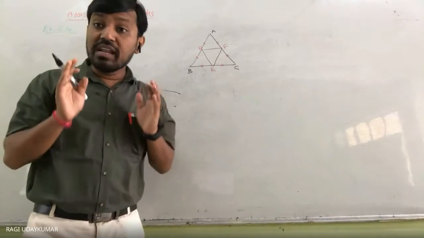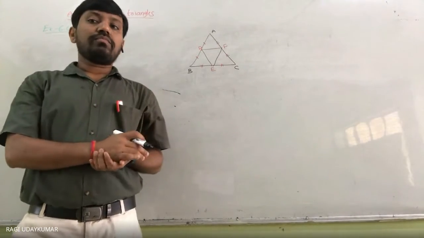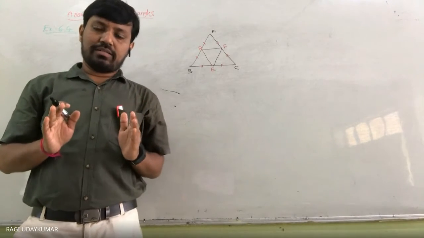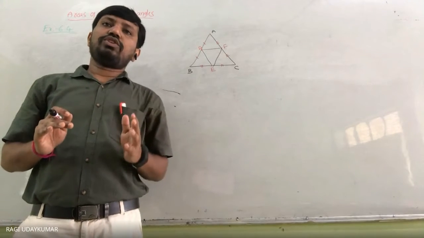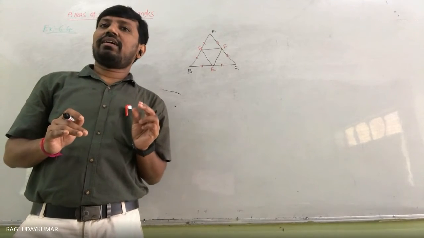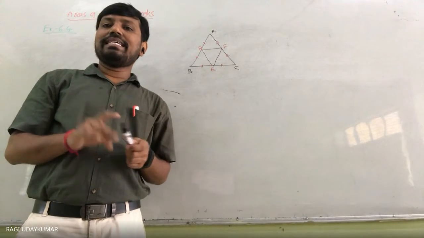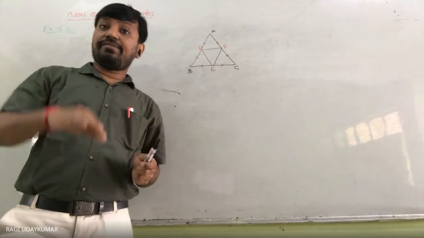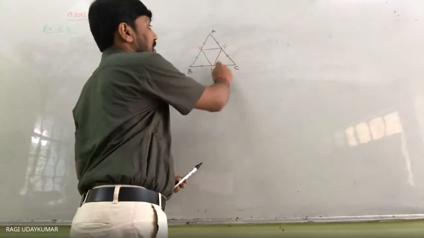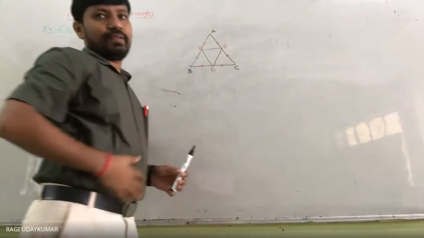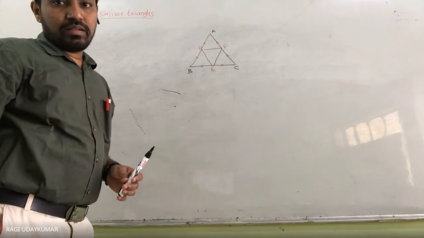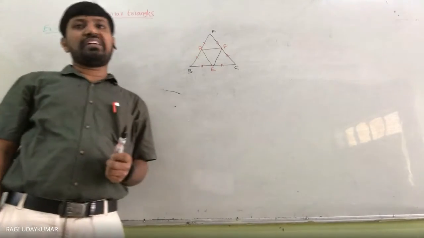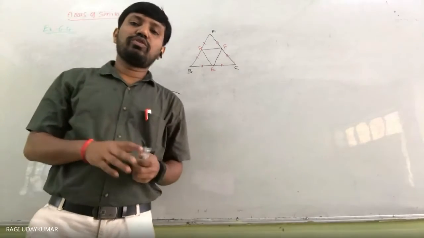Please be careful. Sometimes the question may be changed, so blindly you are not supposed to learn. I always insist that you look at what is given in the question. In the question it is given the area of triangle DEF to ABC. DEF to ABC is given to you. So what are the things you can observe here?